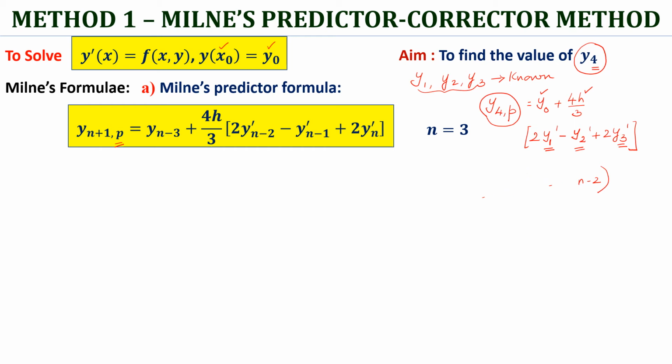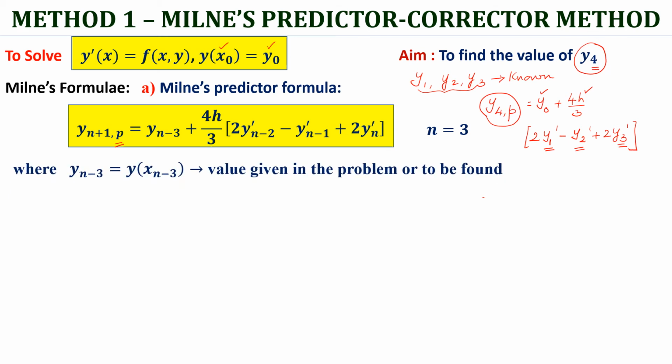Application, as I said, is only in the problem. So as of now, understand what each of them means. What is y n minus 3? y n minus 3 is y of x n minus 3. What will it be here if I put n equal to 3? y0 is equal to y of x0. Isn't it true? That value is already known to me. It's a value given in the problem. Now when I get here, what is the next step? y n minus 2 dash. This is the term I want. I told you, as y dash is f of x, y, simply put the suffix as n minus 2.